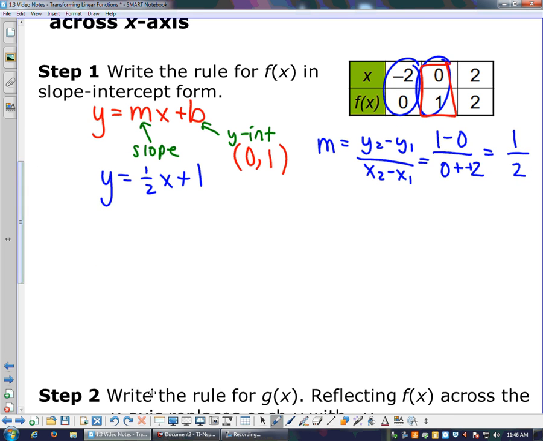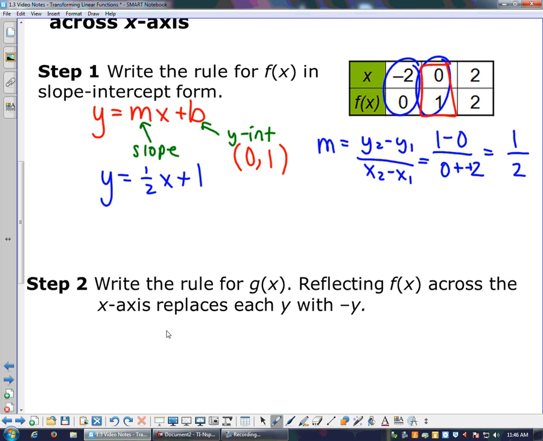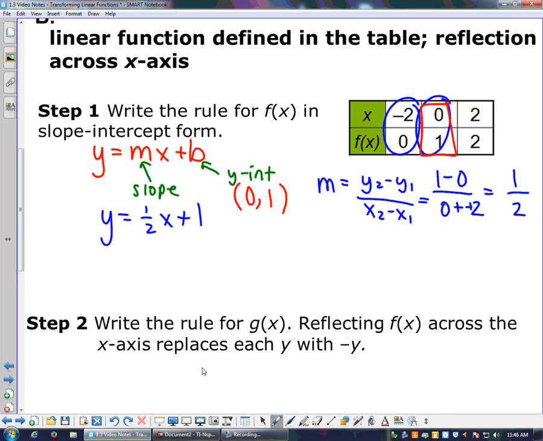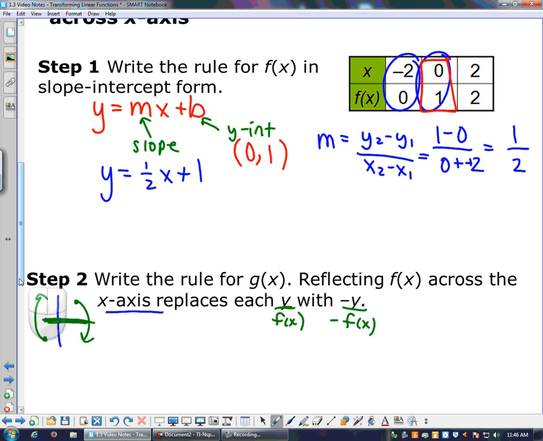So we were asked to write the rule which would reflect it across the x-axis. Again, if we're going across the x-axis, so if I think about a graph, I'm folding on the x-axis, so a y value up here would come below, and something below would come above. So you're actually going to change every y to negative y, or every f of x to negative f of x. So to find my new equation of g of x in this case with the transformation,